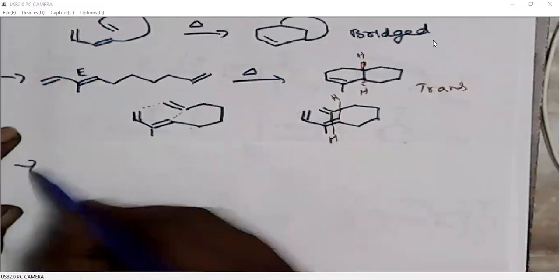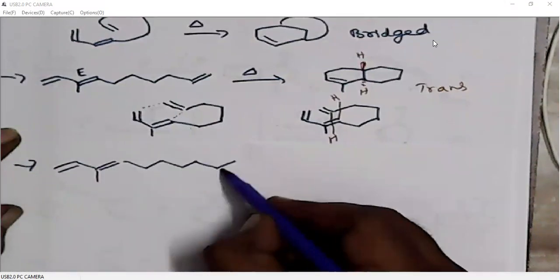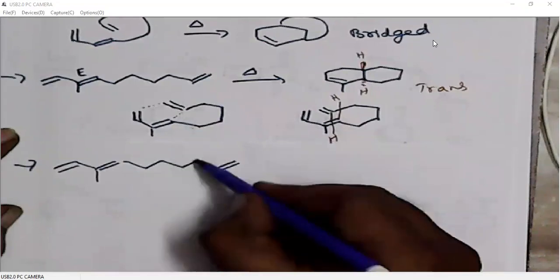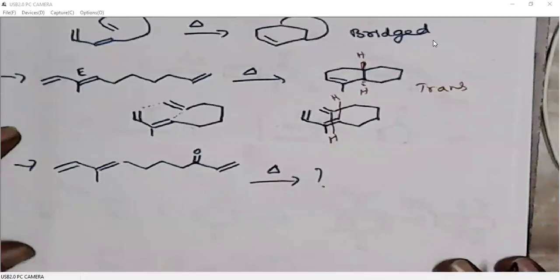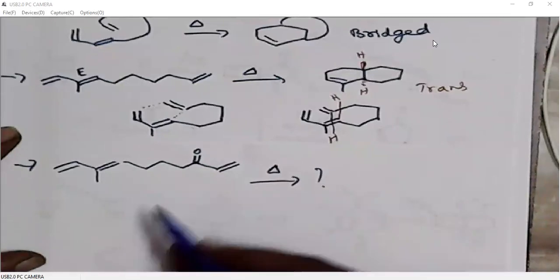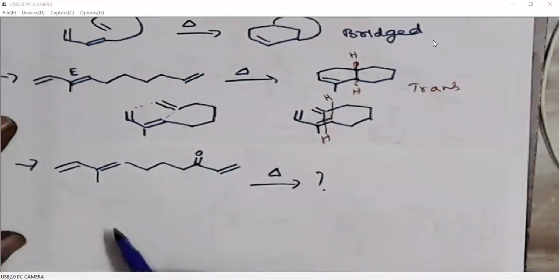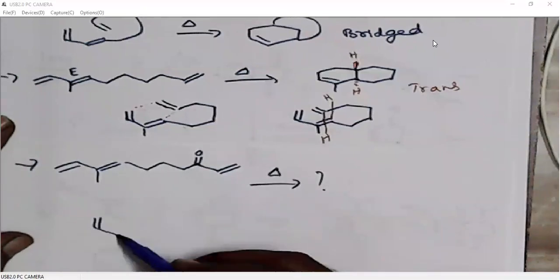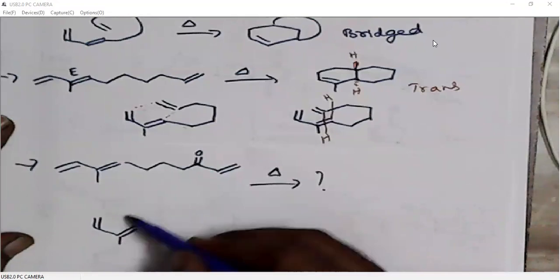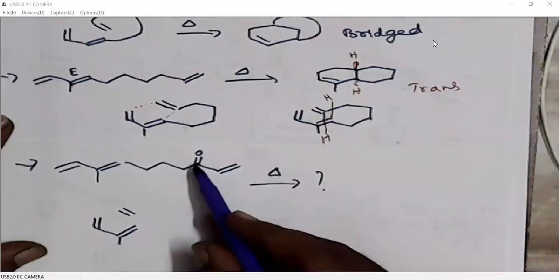For example, if we place a carbonyl here, the same molecule, but if we place a carbonyl here and we look at the stereochemistry, first we will write the conformation of how it will undergo the Diels-Alder reaction. Now because of this carbonyl, I'll first try to write this diene. Methyl group is there, dienophile. Then because of this carbonyl group, it is better to write the endoselectivity.